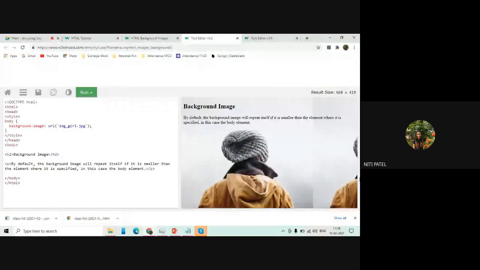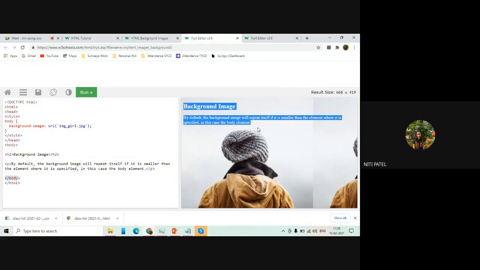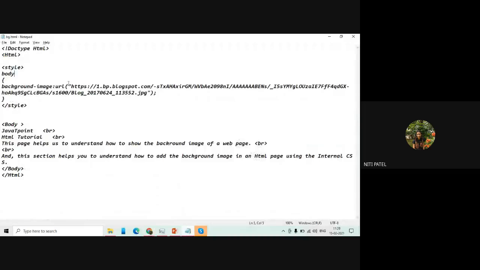Yeah, see this. I have HTML open, I have HTML code closed. I have style opened over here, in which I have a body where I have added a background image with the name of the image. I have closed the style, opened the body of HTML, mentioned the text, and closed the body of HTML. So when I run, the image is there in the background and then the text appears on it. Can you see that? Yes, ma'am. Let us try to do the changes over here.